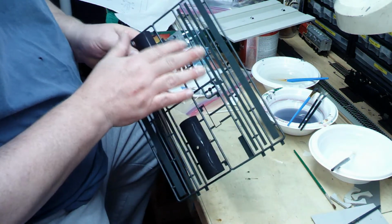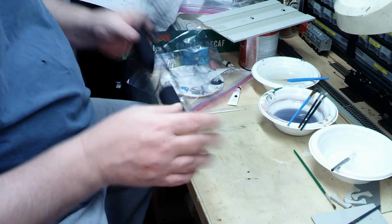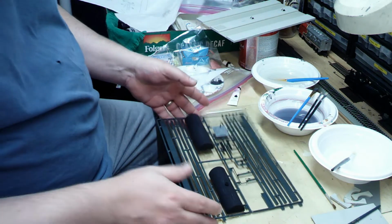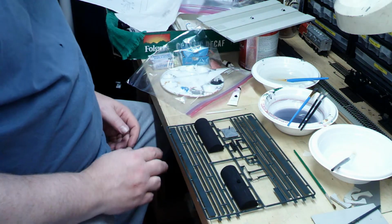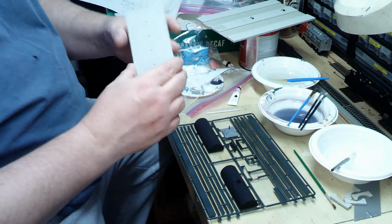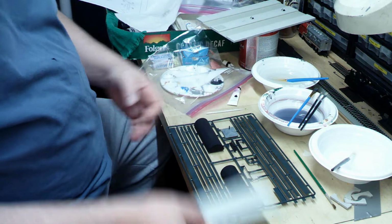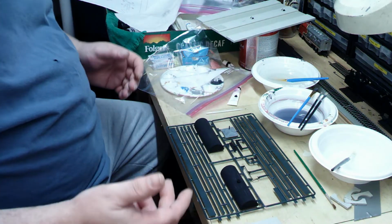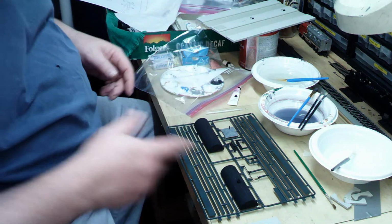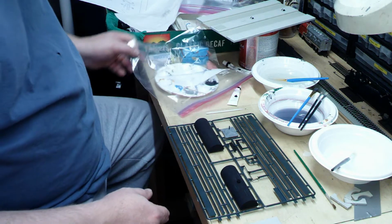I've got obviously touch-up work to do on these. I'm not real happy with the paint job right now, but it is what it is, and it was only the first coat, so I'm really not too concerned about that. And I also went and painted the base for the tanks. If they were during World War II, they would have been Sherman tanks. Anyway,